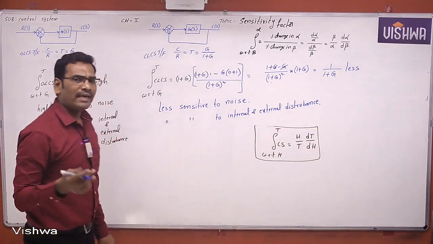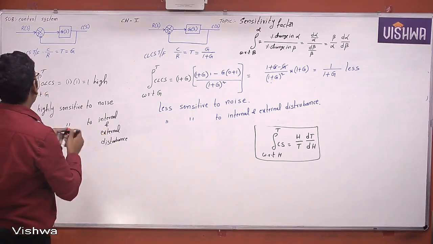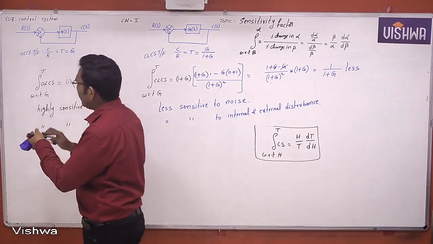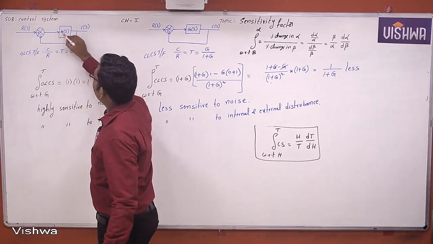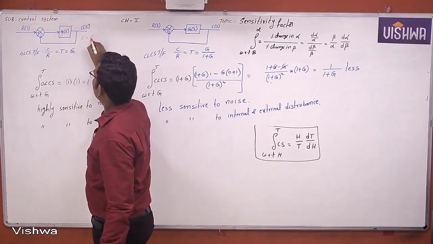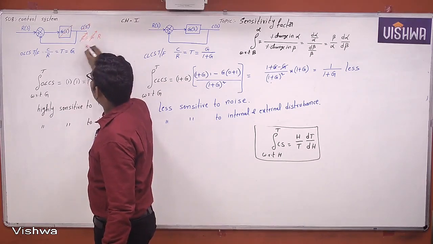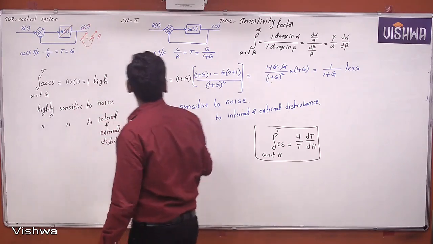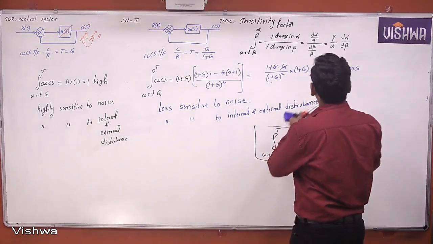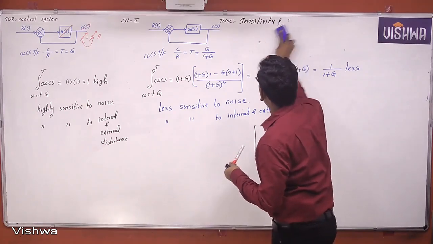So why here is it less sensitive? Why here is it more sensitive? Because whatever the changes in the forward path gain, they immediately affect the output. Is it right or not? Why? Because C, which is equal to G into R, whatever the forward path gain, that immediately changes at the output side. But come to here, whatever the forward path gain changes, it will not immediately